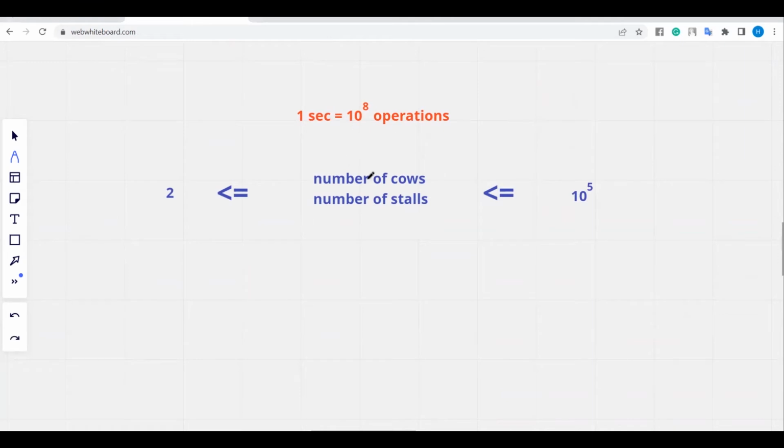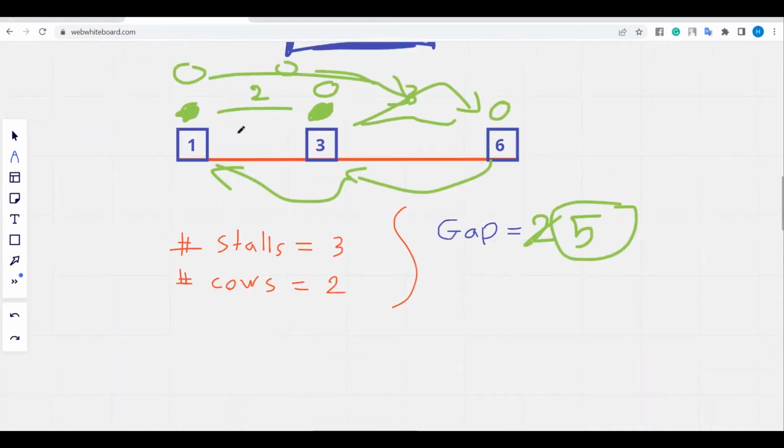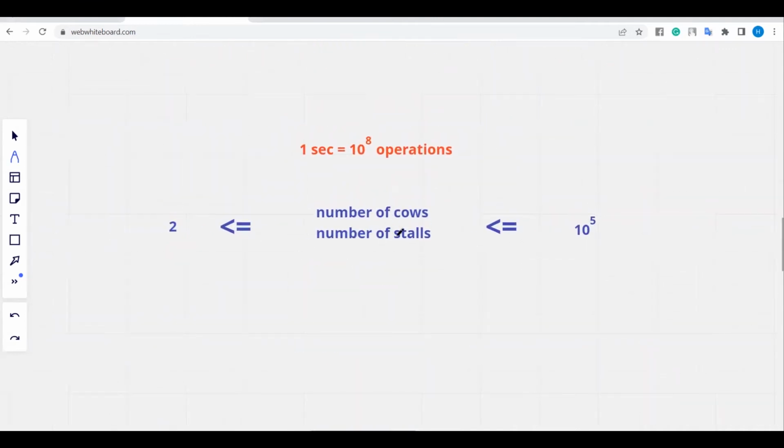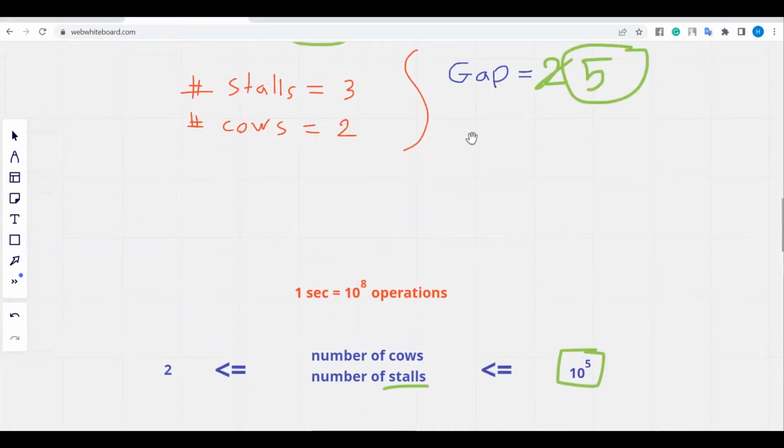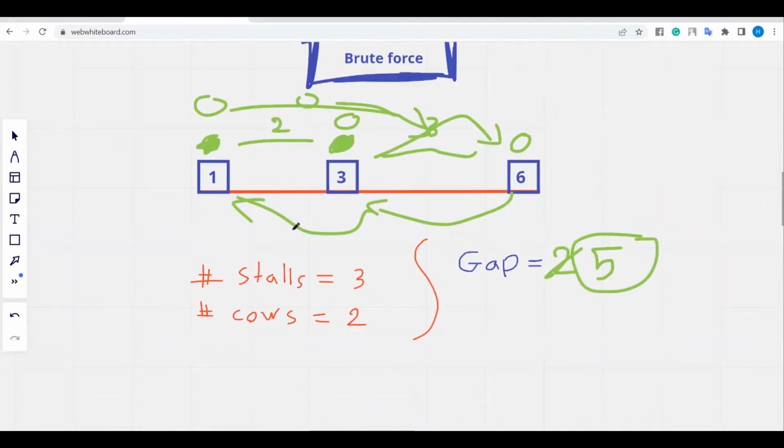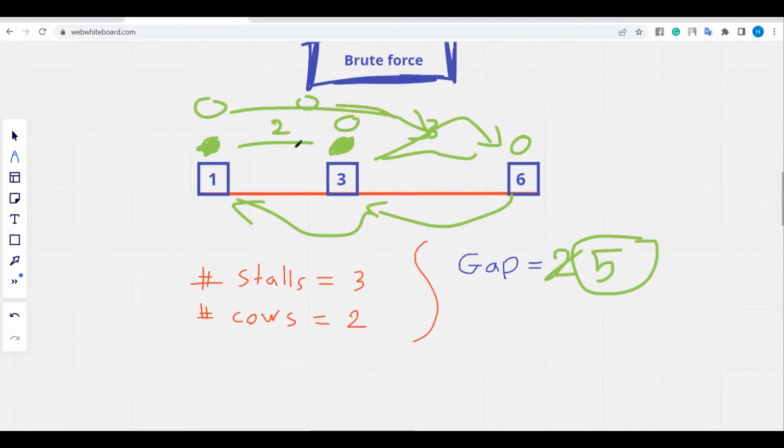We are using the number of stalls here because we are trying to assign the cows according to the number of stalls. So the number of stalls that we are going to use is 10 to the power of 5. And let's say, for a small example, if we only have 2 cows,